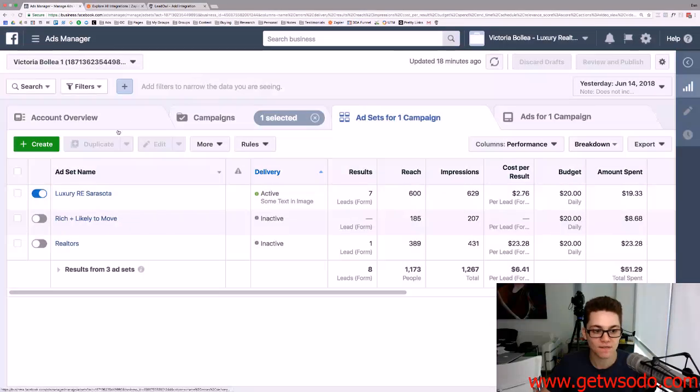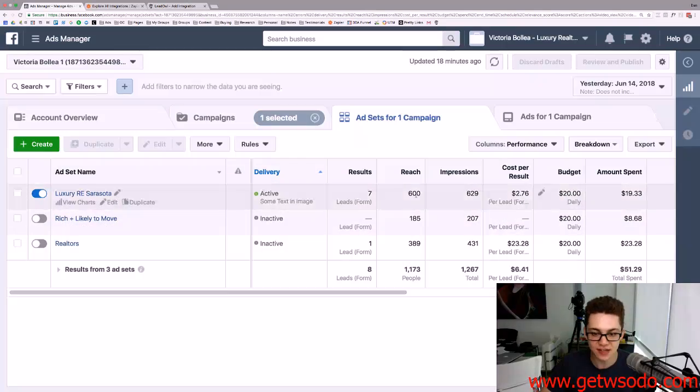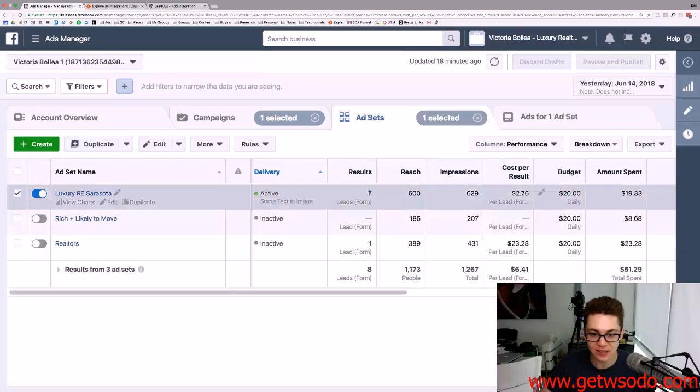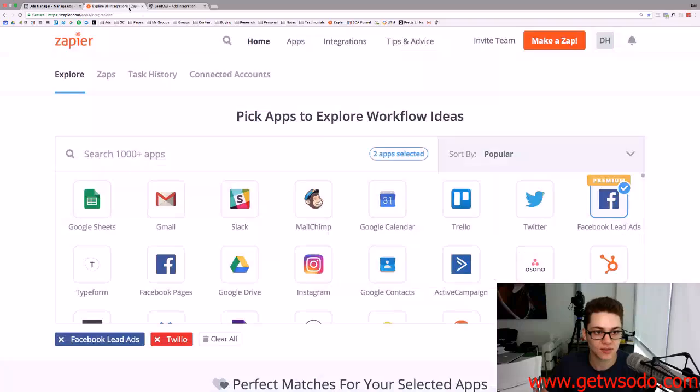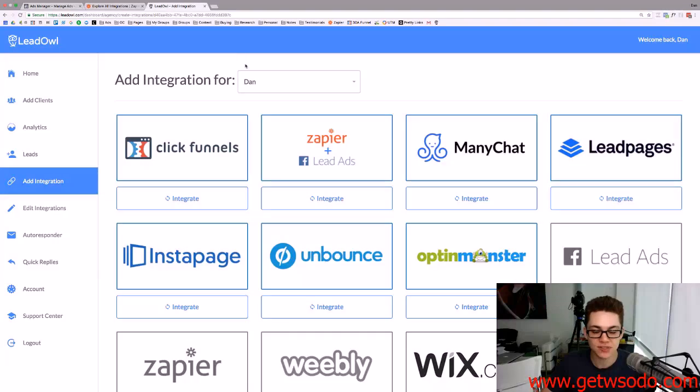So in Facebook, and look, we got 7 leads for our realtor at $2.76. And I'll go ahead and walk through this step by step. This is like literally the most important lesson of this course. So first step is we're going to go into